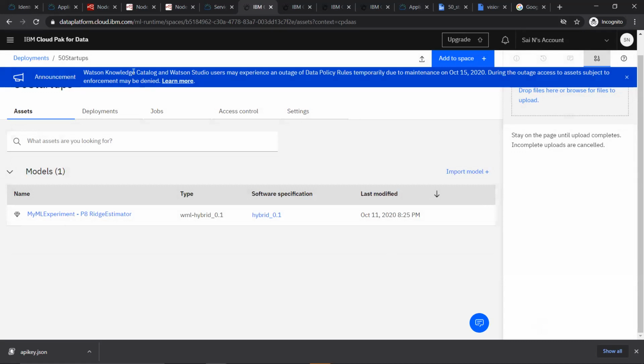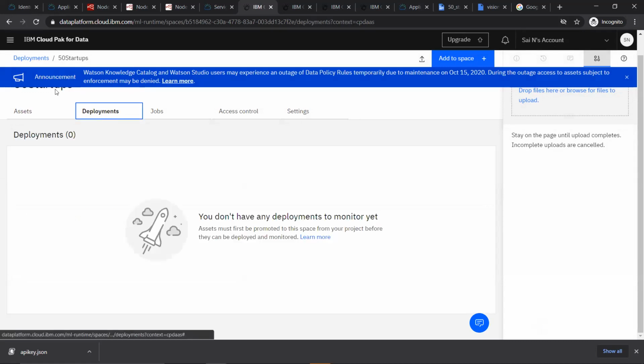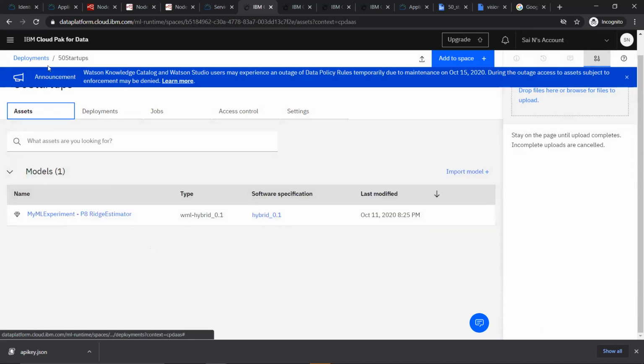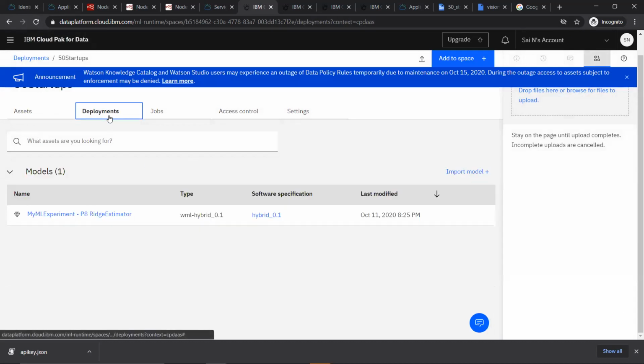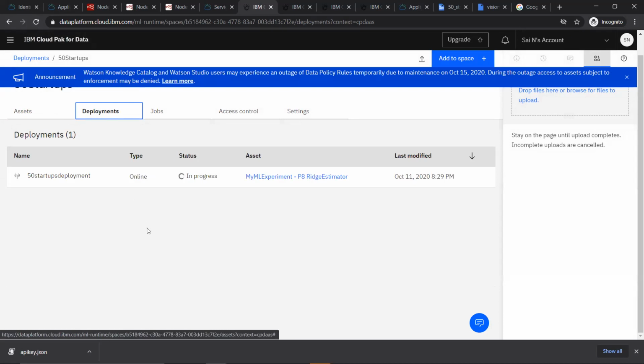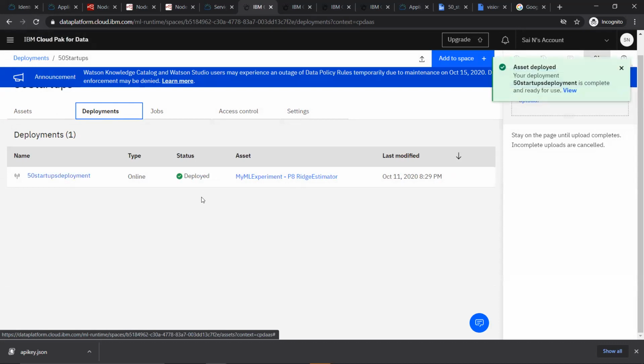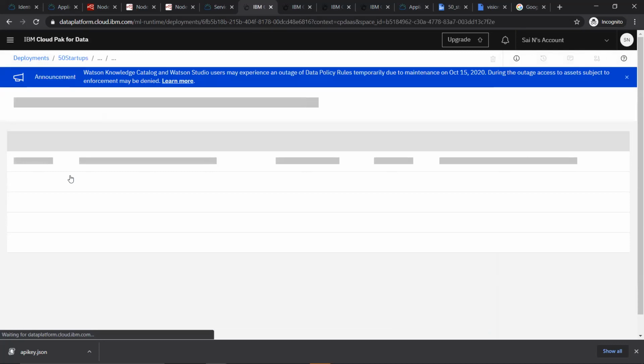Okay. So now go to deployments. Oh, okay. It was taking a bit of time. So let it create the deployment first. Okay. So if you now see, it is getting created. Just refresh once, you will see. Okay. So it is in progress now. Once that is completely created, then you can use the endpoint from here. Okay. So it is deployed. Now click on view here, or just click on this button, it will open.